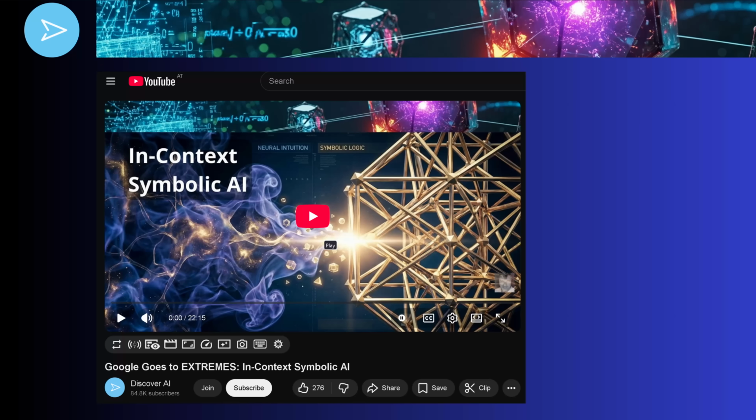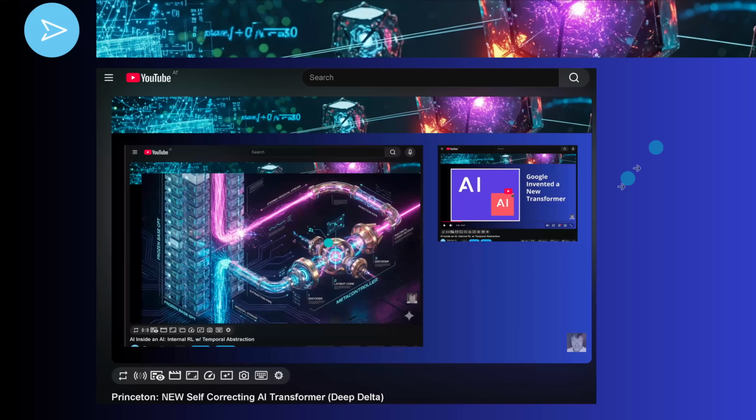So this means that if you take this in your mind, and you remember that just weeks ago I showed you that Google does here some extreme in-context symbolic AI, plus I showed you here that Google invented already a new transform architecture with a temporal abstraction where we have a meta controller here for the temporal abstraction of the residual stream.